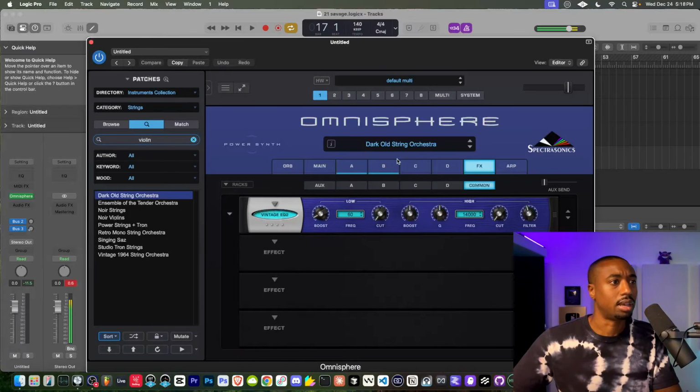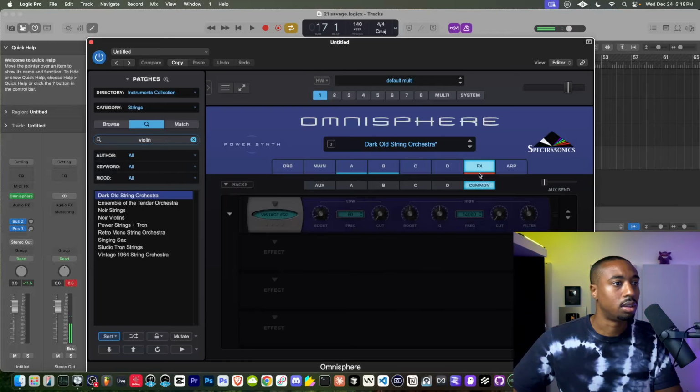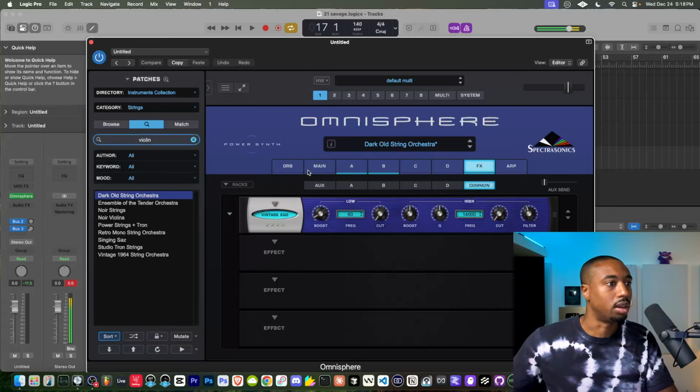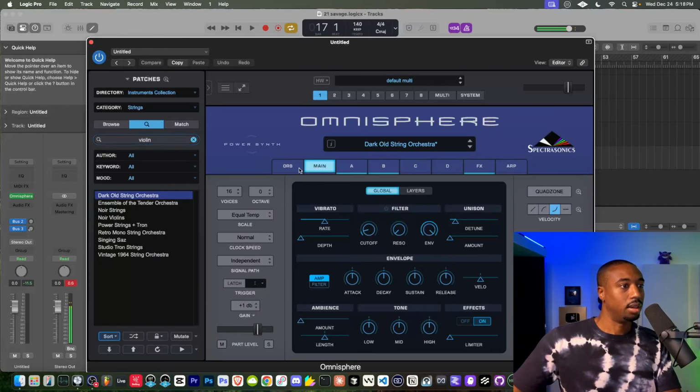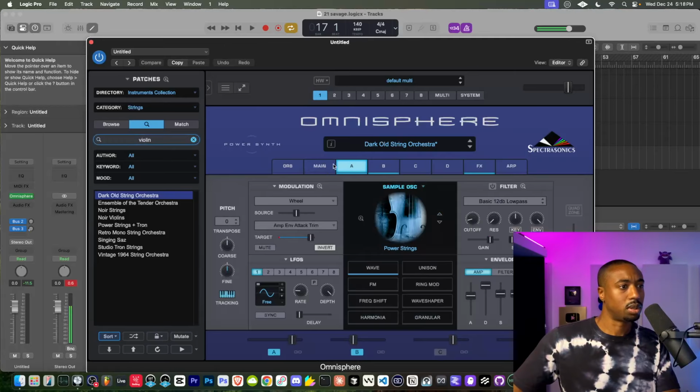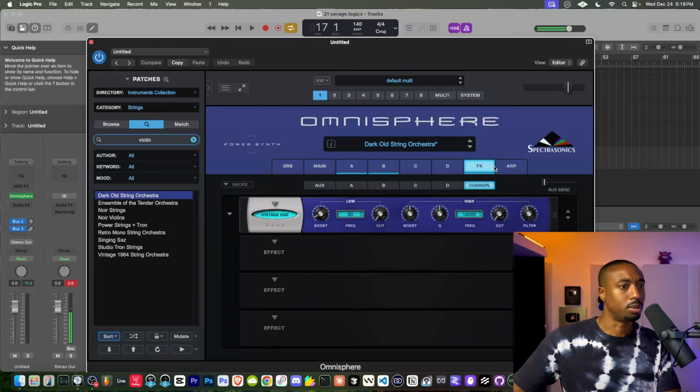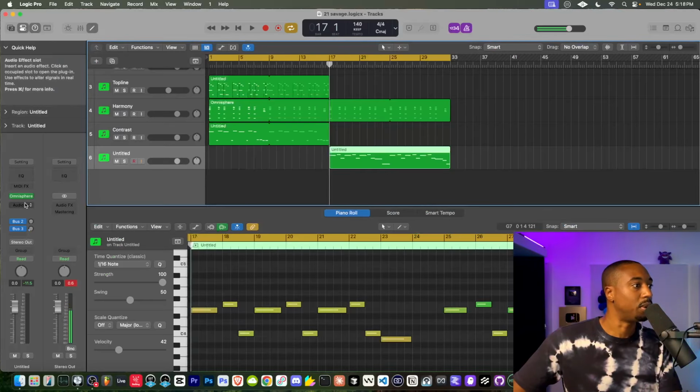Let's see, I thought you could lock the effects. I forgot how to do it. Let's see if there's a button. Never mind. I swear there was a lock button on here. I'm pretty sure there's a way to lock these effects. Regardless, actually, we could use the Omnisphere. I just remembered. Let's go to the